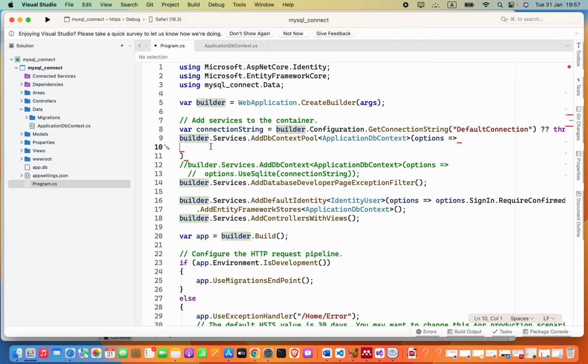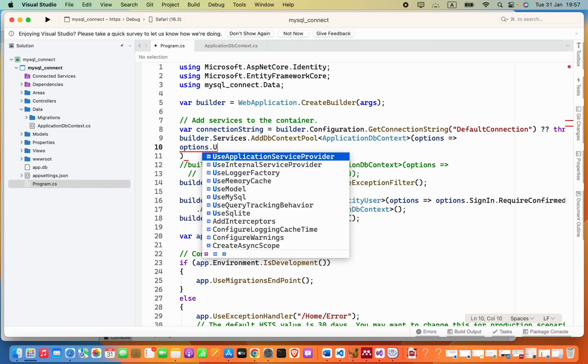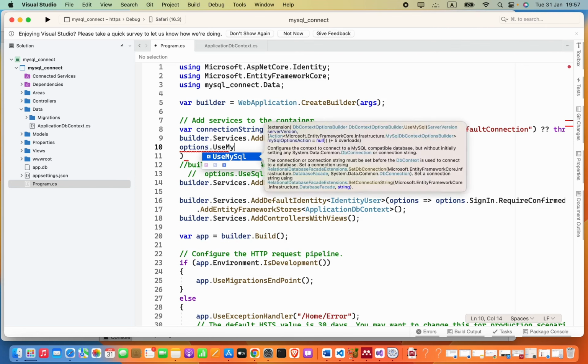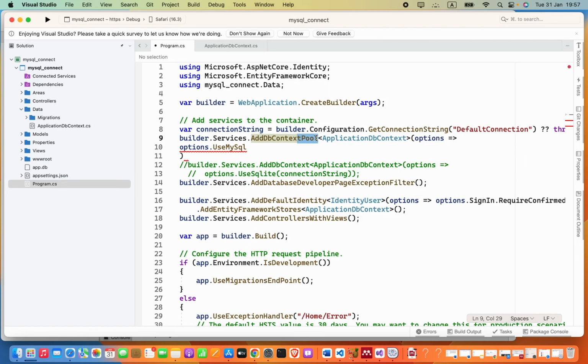I am going to say options dot UseMySQL. Now if you forgetfully put AddDbContext, you will see this UseMySQL is not visible. So that's why you have to use AddDbContextPool. Don't forget that. So inside this I'm going to pass in the connection string